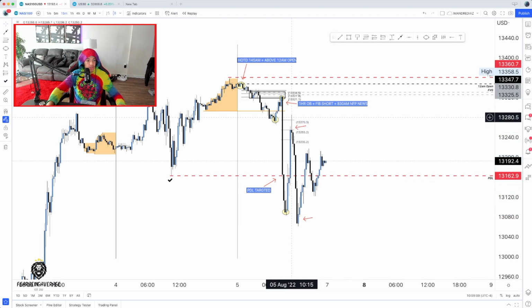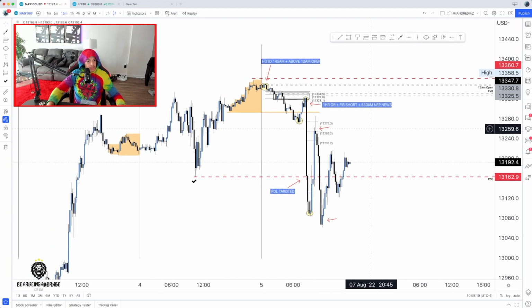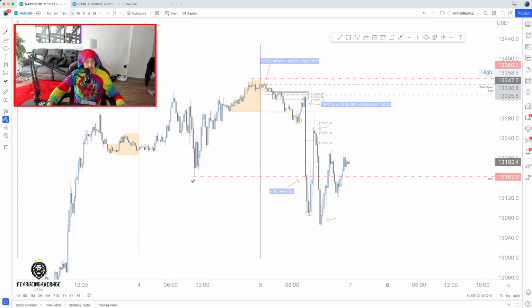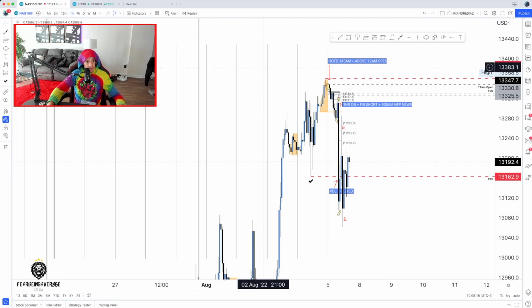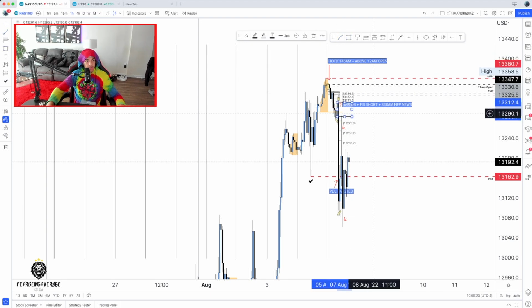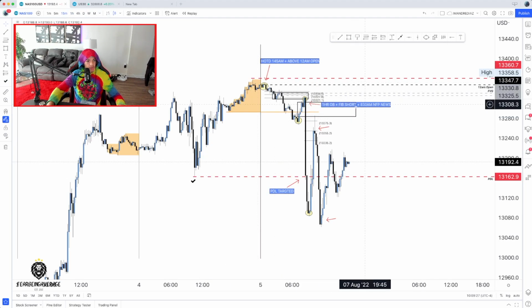Another fib short. We also came back up to almost retest this Asian session low. We didn't come to it, but it came damn near close. And we didn't tap into 300. Let me go to a higher time frame to see if there's anything within that area. Right here, we came in and tapped back into that 1 hour order block that was created at that open of NFP, right in here.